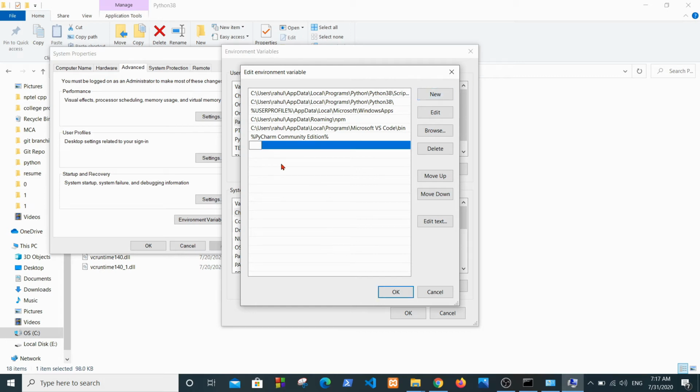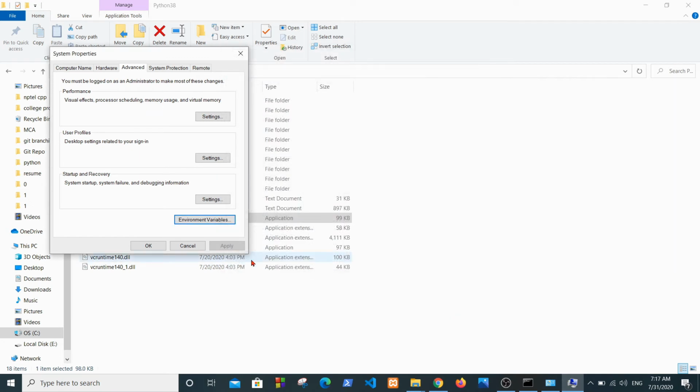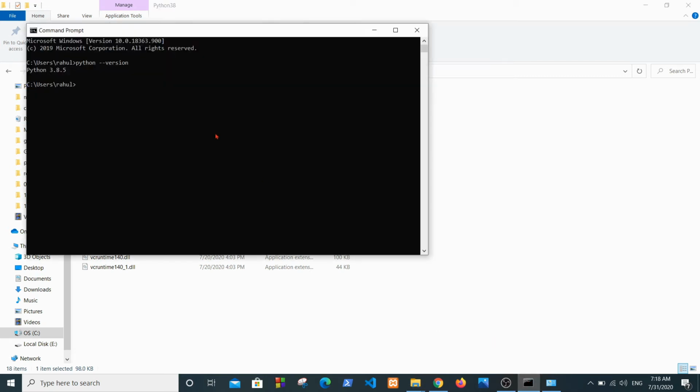Click on new and paste here and click OK and OK. Path is set successfully. You can go in the command prompt and again type python hyphen hyphen version and hit enter.